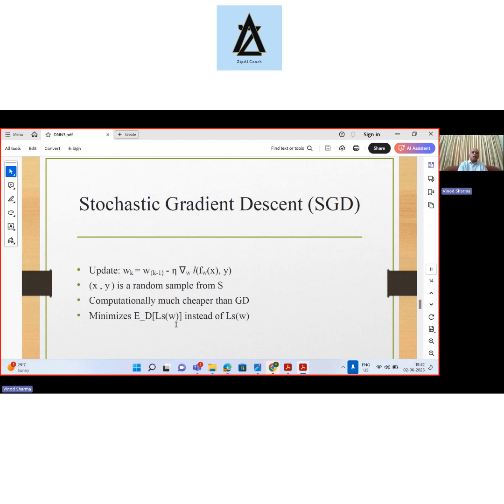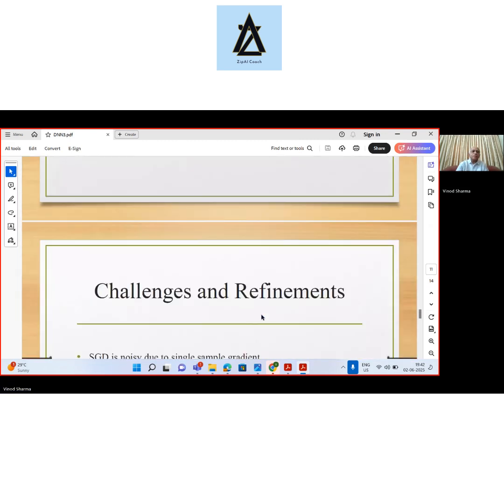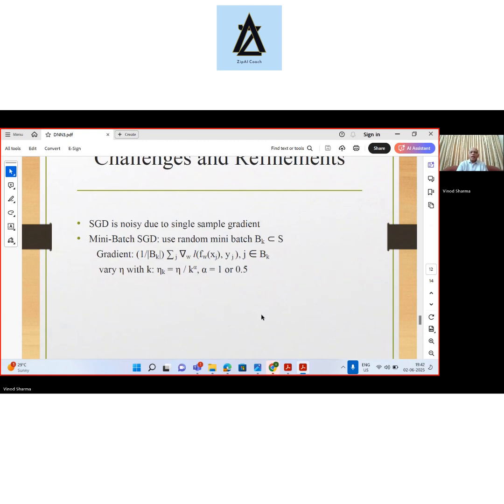So therefore, stochastic gradient descent has two important properties. One is that each step is computationally far more inexpensive compared to the gradient descent, and it minimizes the actual function of interest instead of the empirical risk, which is done by the gradient descent. So you would say, well, great. I mean, stochastic gradient descent does the job that we really want to do. However,